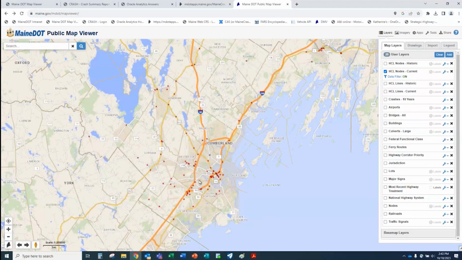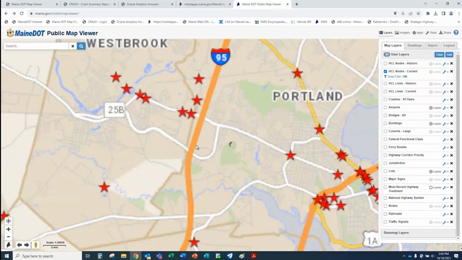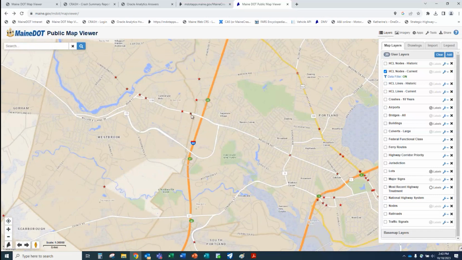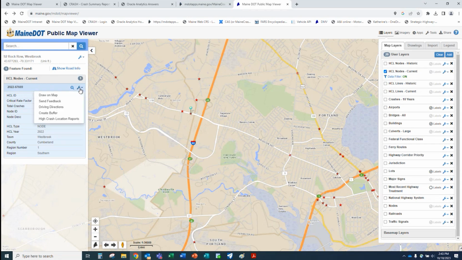But one of the real nice things about this layer here, folks, is that you can look at these by streets and stuff like this. But say you click on one of these, and we did that earlier, gives you this neat little information here. This is the real gravy of this little apparatus here. See, we have these little wrenches here. Well, on this high crash location layer right here, we've got this wrench as well. And you scroll down to this thing that says high crash location report.